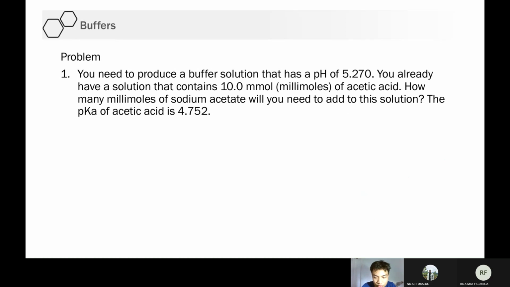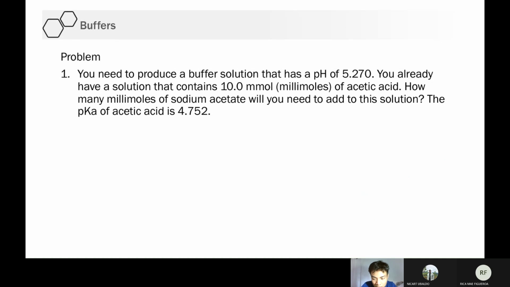You already have a solution that contains 10 millimoles of acetic acid. How many millimoles of sodium acetate will you need to add to this solution? The pKa of acetic acid is 4.752. Okay? So basically, according to the problem,